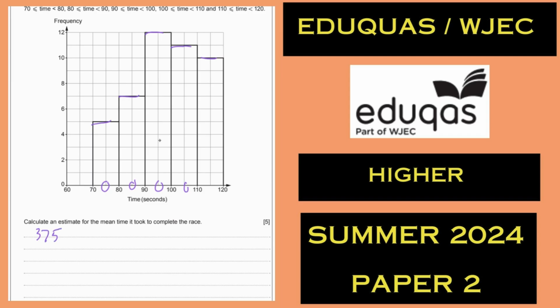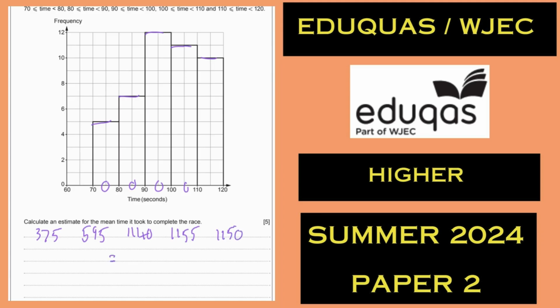Then you need to do 7 lots of 85. We've got 95 lots of 12, gives us 1140. 11 lots of 105,